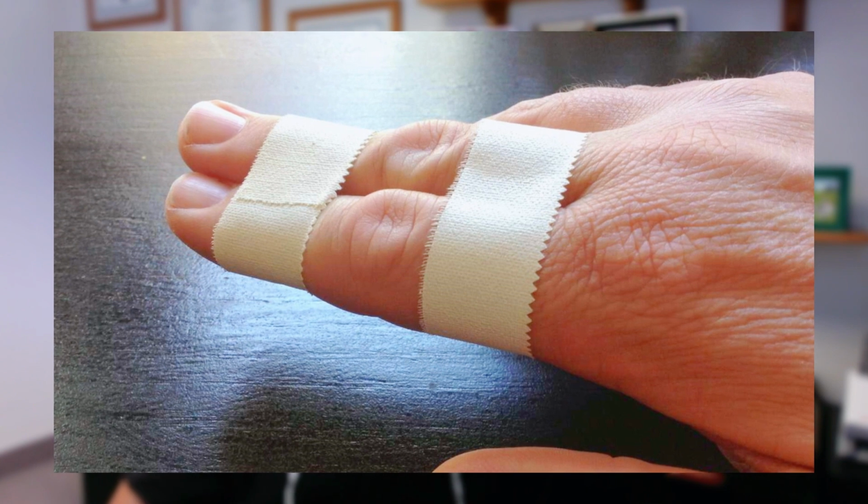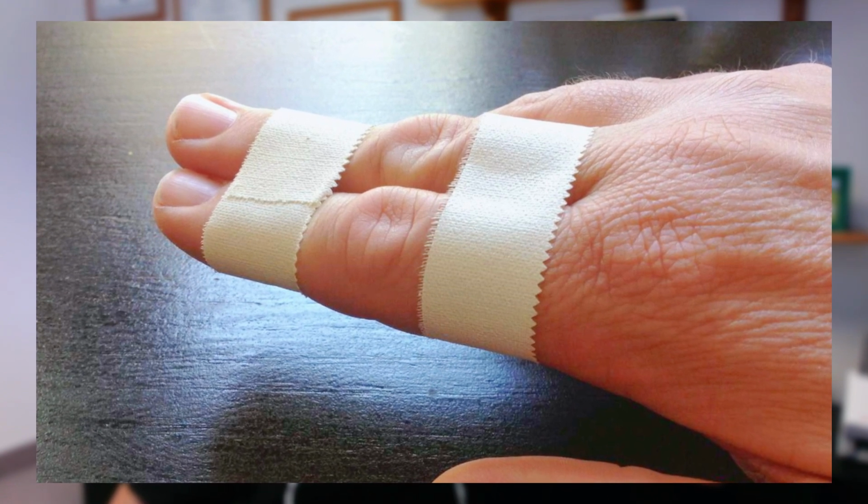So the thing is, with the mallet finger, it can be completely tendinous, meaning that only the tendon ruptures, or it could be that the tendon rupture rips off with a piece of bone. And so the interesting thing when I was looking at it, I was thinking to myself, okay, if this is the case, then what they should do is tape the finger straight and then see if he can throw, because ultimately the treatment for a mallet finger is just keeping it straight for about 6 weeks and the tendon heals. But this is the key, and one of the things that I mentioned in my article was